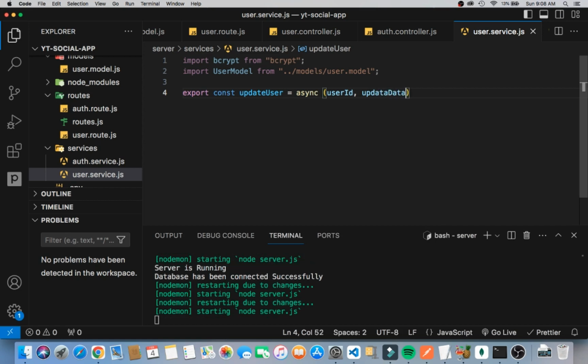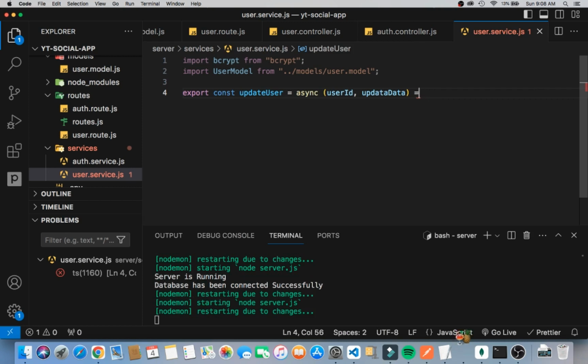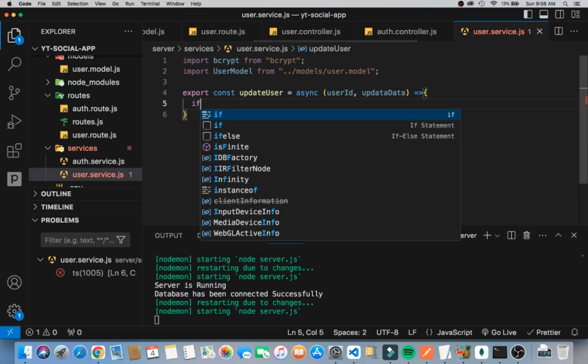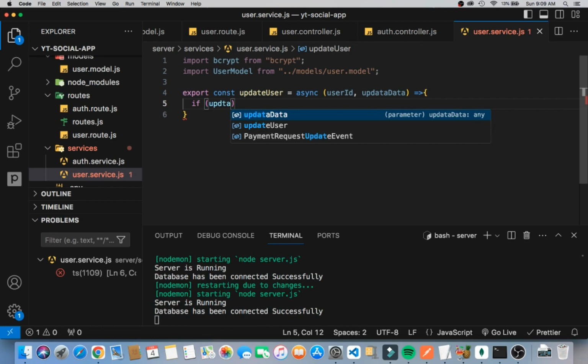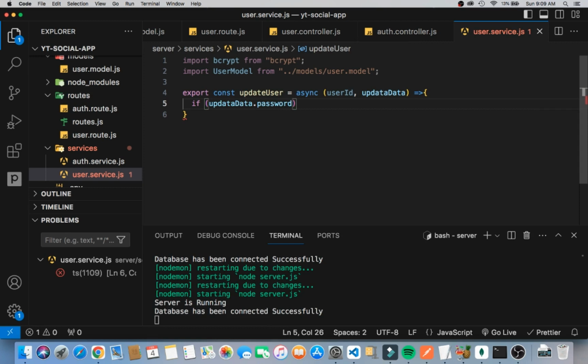Alright, so what are we trying to update, or where are we getting the update data from? Now that we know we have the user ID and the update data, we open up the function and start writing. So we say if there's update data dot password, which in return would be request body dot password, then we would